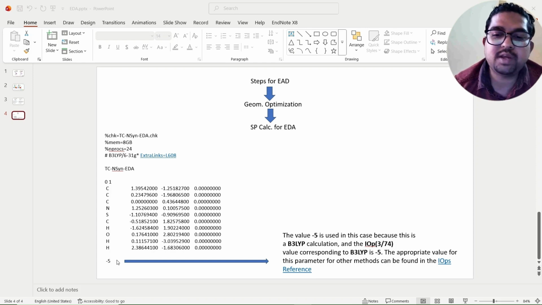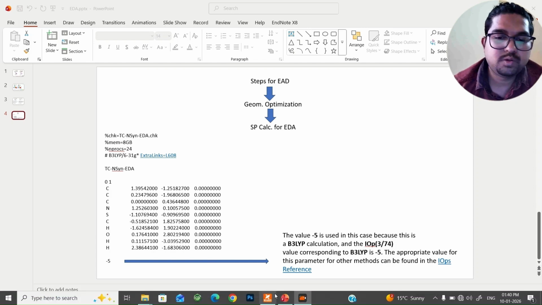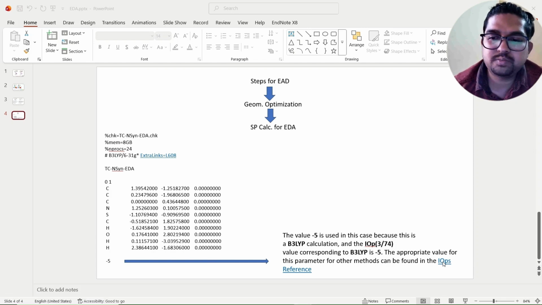So what is this -5 here? This -5 talks about the IOP, this 3/74. So for B3LYP it is -5. So how do we know this? If I go and show you,